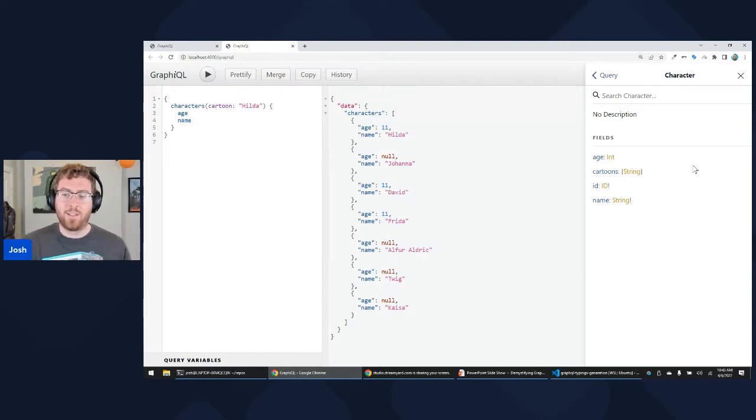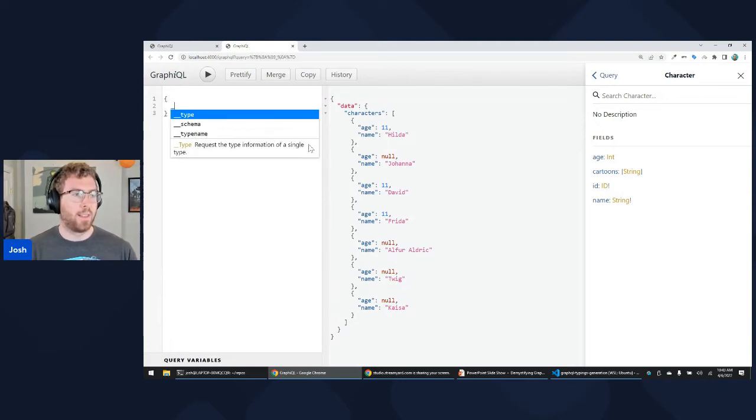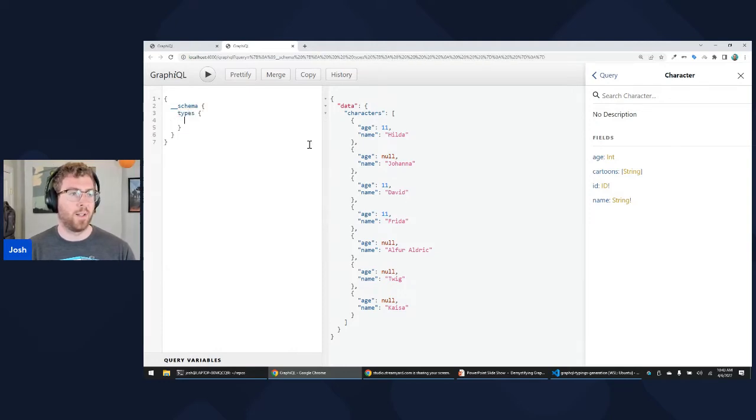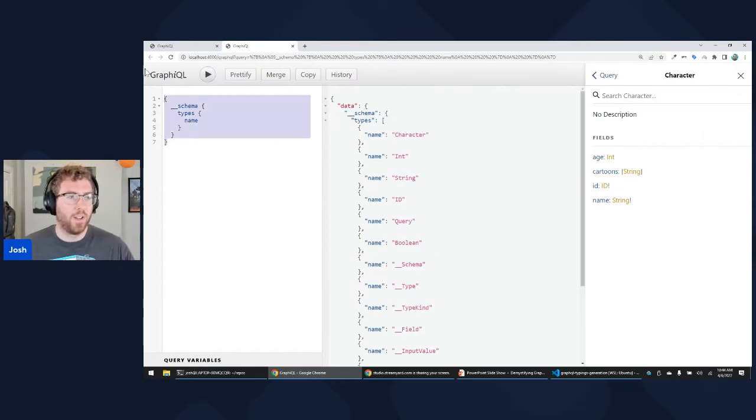Now, to loop this back into automatic generation and such, we can look at a different query here. We can look at the schema query. And for each, let's see, types in schema, we can look at the name. Boom. Here we go. So using this wonderful little schema query, we see that I have this whole list of